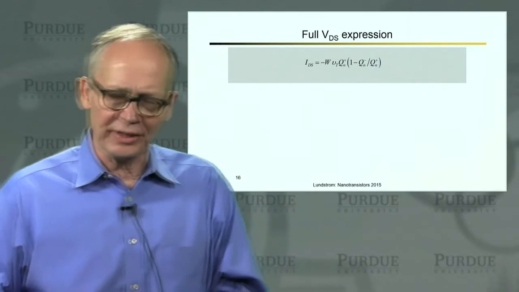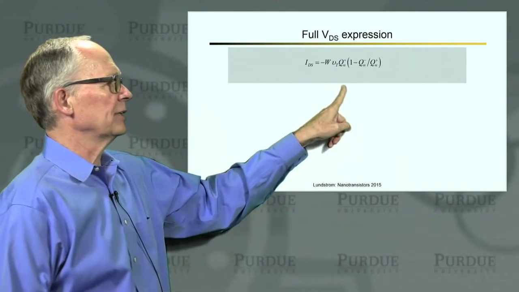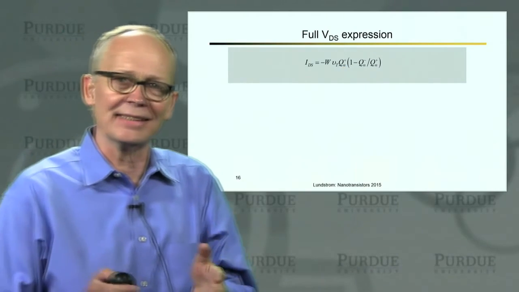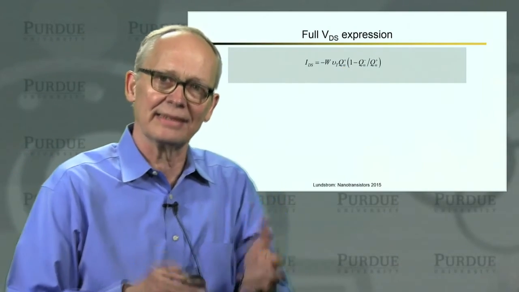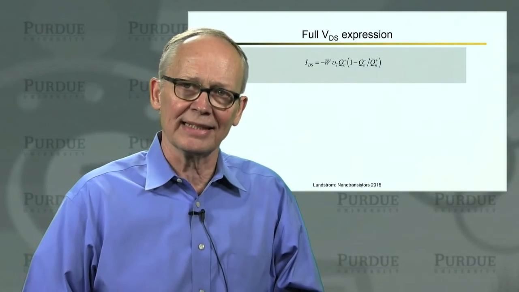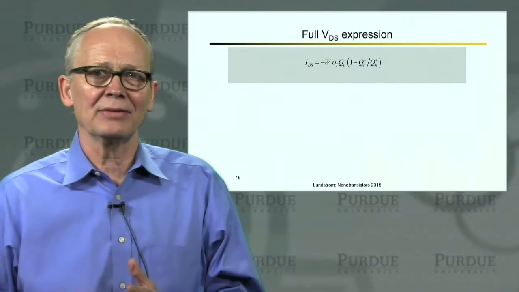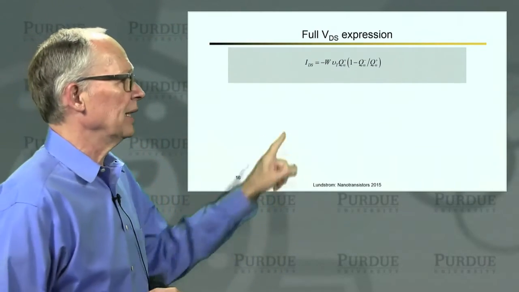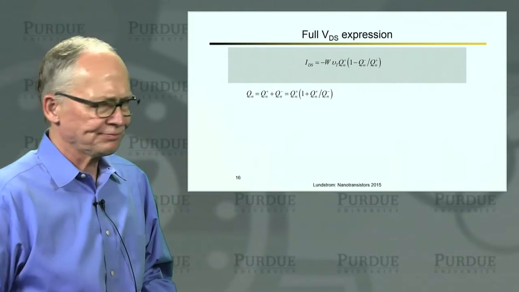Okay, so here's where we stand. We have the net current expressed in terms of the charges of these two halves of the density of states, the half with positive velocities and the half with negative velocities. Now, this is some physics that's going on inside the device. We want to relate everything to the terminal voltages. So in order to do that, we have to work on these charges a little bit.